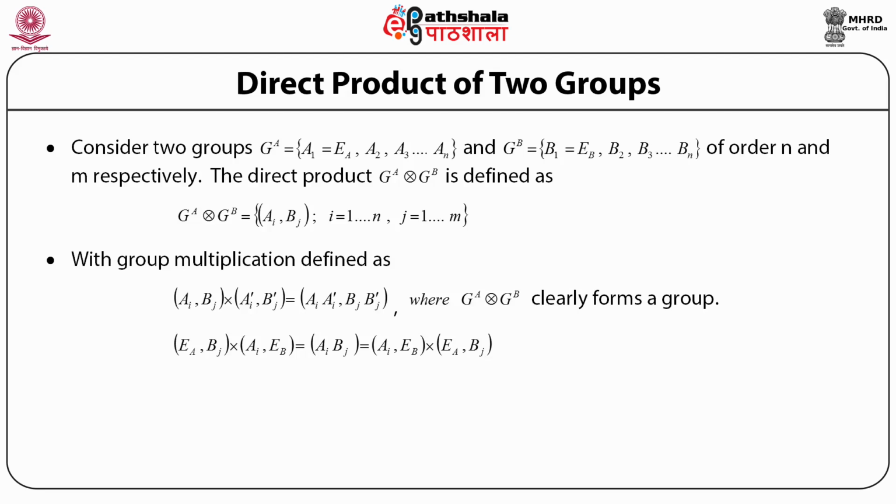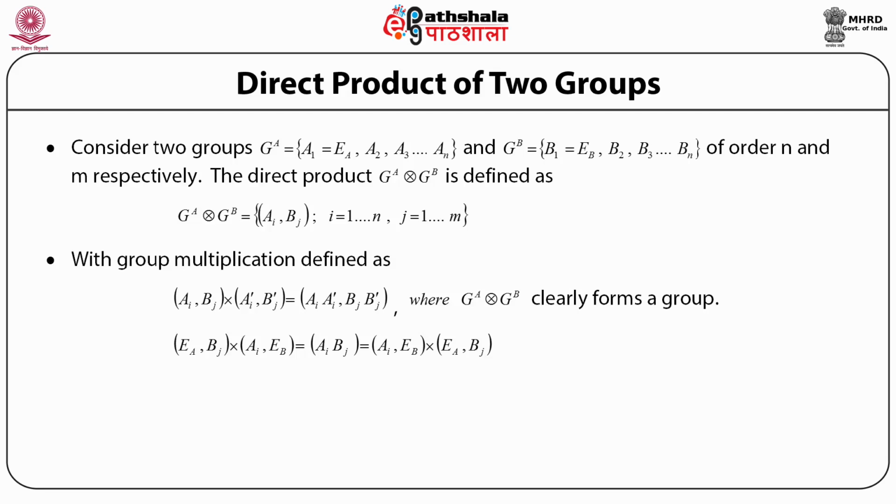The multiplication is defined as AiBj into Ai'Bj' is equal to AiAi', BjBj'. The direct product group GA cross GB clearly forms a group because